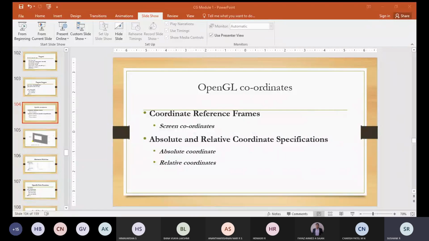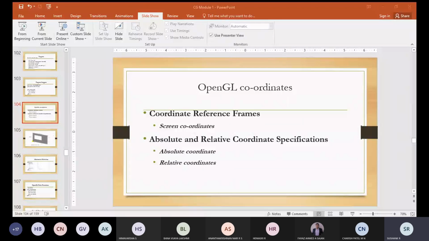If you want to describe a picture, the first thing is you have to select the coordinate system. Here we will be talking about the Cartesian coordinate system, which is also known as the world coordinate reference frame. This reference frame can be either in 2D or in 3D.